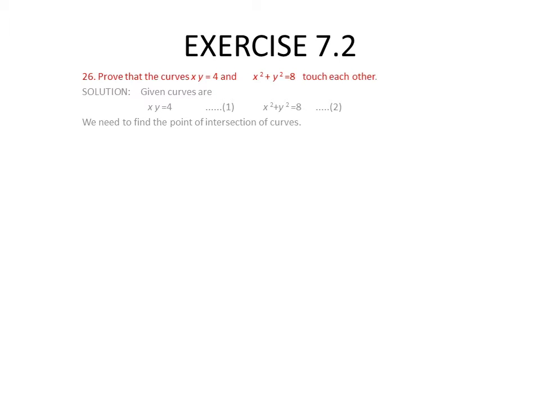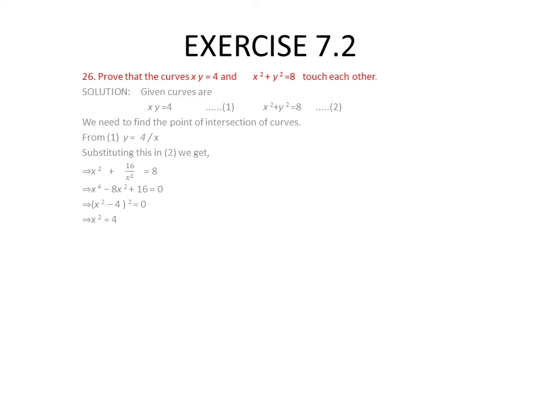Another thing is that when they touch each other at that particular point of contact, the slopes have to be equal. So therefore my first aim is going to be to find the point of intersection of the curves. So I'm making the first equation, in that I'm making y the subject, that is y = 4/x, and I'm going to put that in the second equation, which is going to give me x² + 16/x² = 8. Now, this finally reduces and simplifies to give me (x² - 4)² = 0,